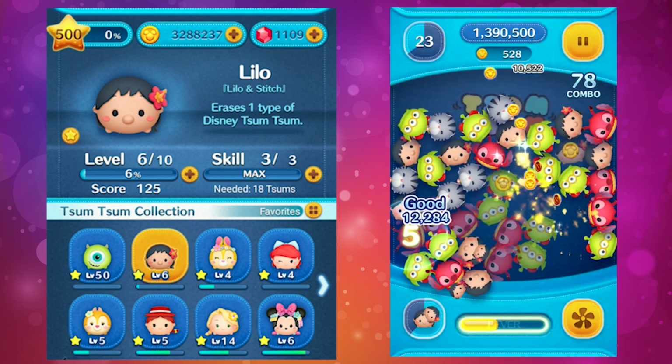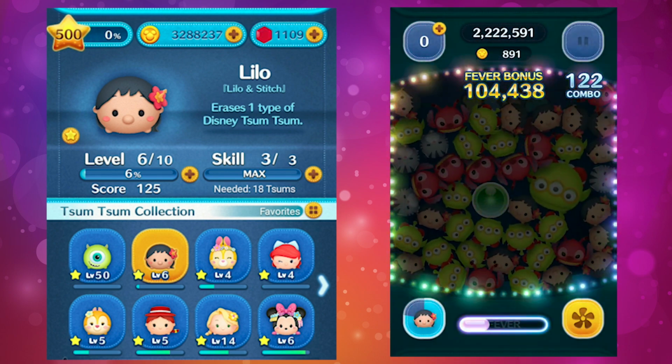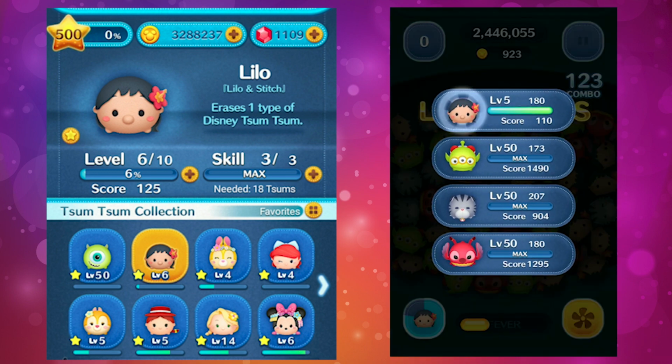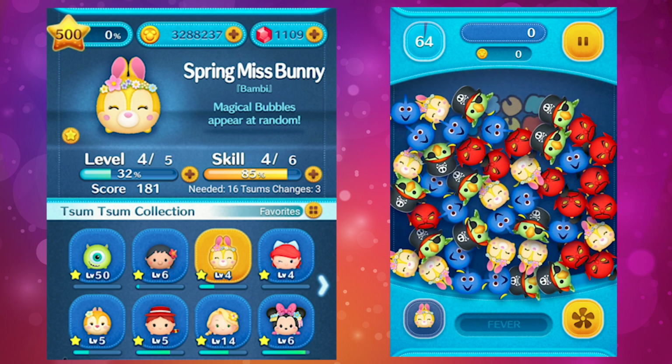So let me skip to the very end here. And at the end of this gameplay for Lilo at skill level 3, I only ended up with 923 coins and a very low score, so Lilo is not going to be that great for coins and not going to be great for score. Next, we have Spring Miss Bunny from the Bambi series, and Spring Miss Bunny is one